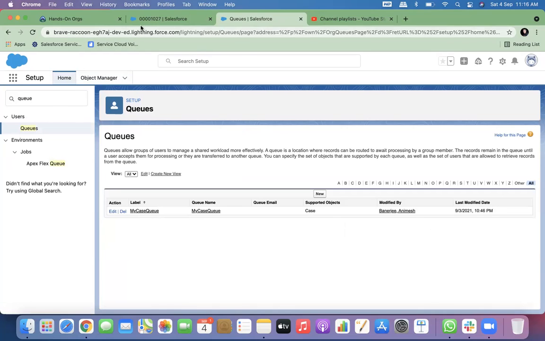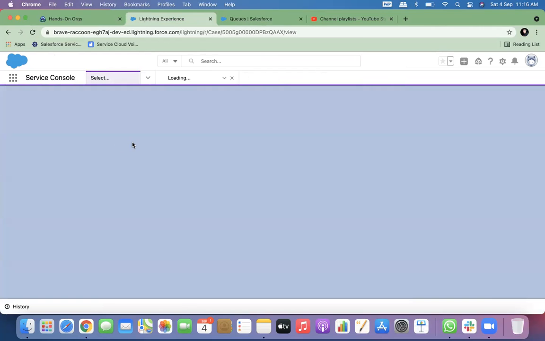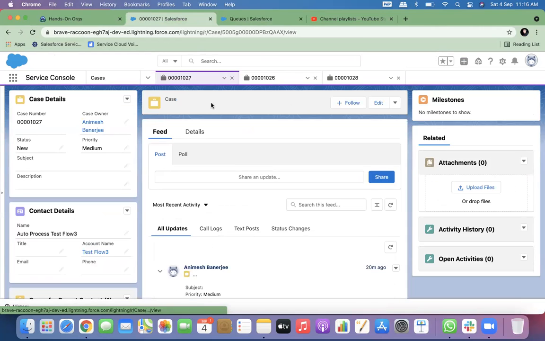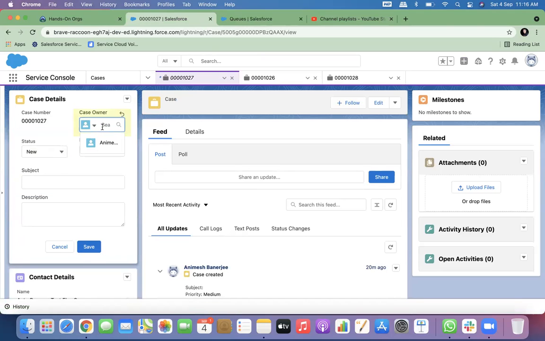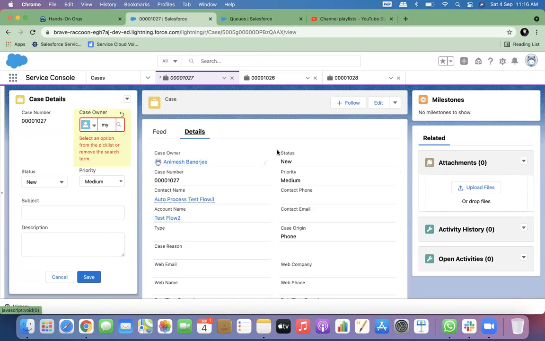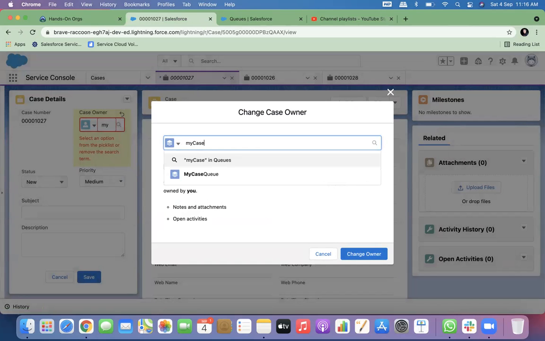And if you see this case, now if you refresh it, you can assign this to a queue now. My case queue.